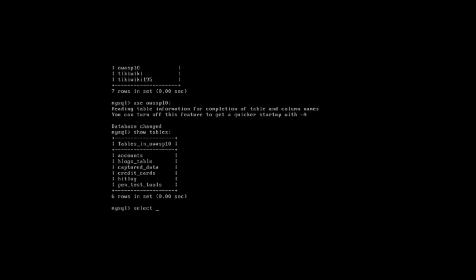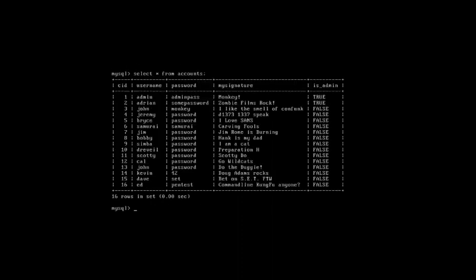So select star from accounts. Now see, we got all the rows inside the table accounts.